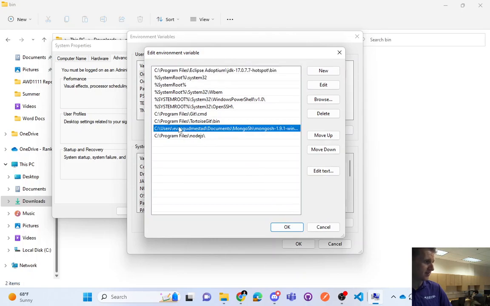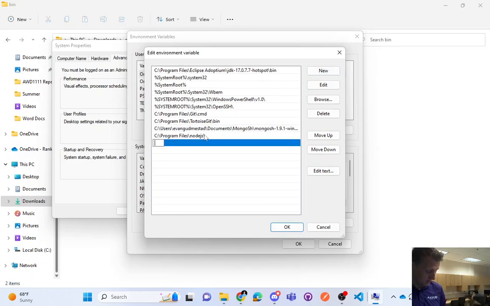Now notice mine's right here. I've already got this path to my bin folder. If your command's not recognized, it's because your path was not updated here. You would just click on new, and then you would paste that directory in with the backslash at the end